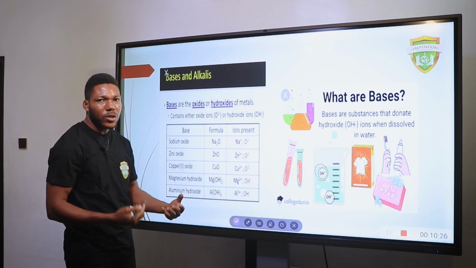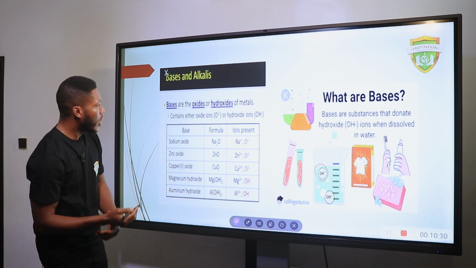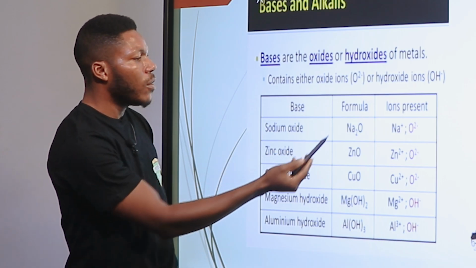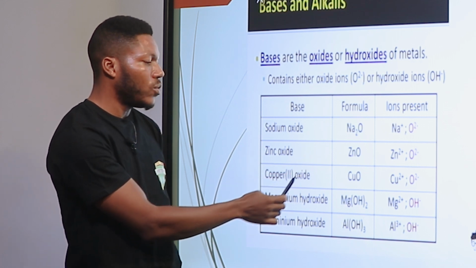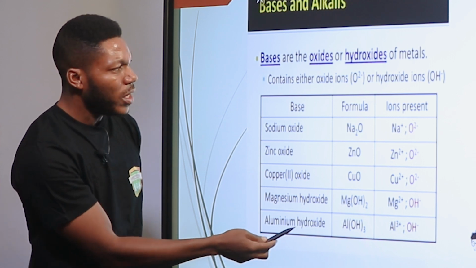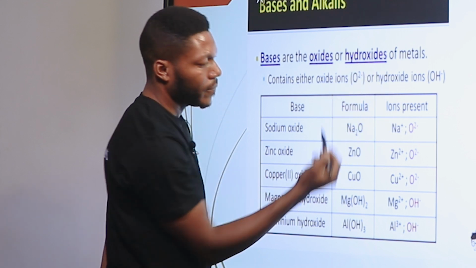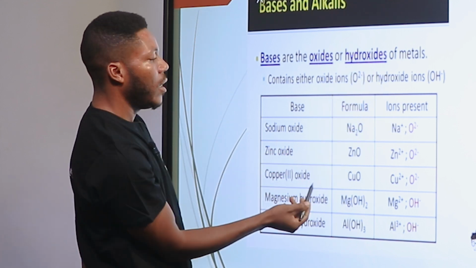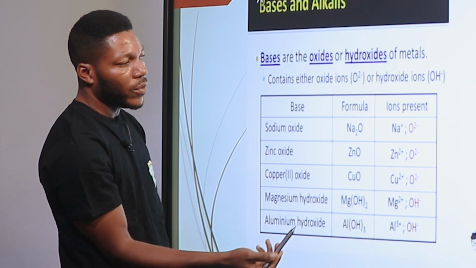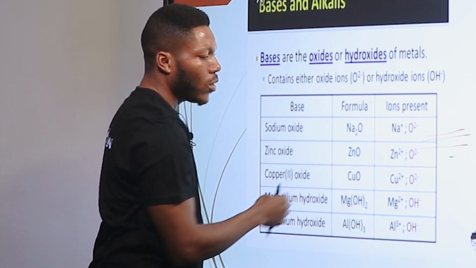All right, that is why they are always combined to neutralize an acid to form what? Water at the end of the product. So these are examples of some bases that we have. For example, sodium oxide, zinc oxide, copper 2 oxide, magnesium hydroxide, aluminum hydroxide. If a base also contains what? Oxygen. That's why we call them basic oxides. Example, zinc oxide, copper oxide, and so on. We have many other examples of bases. And don't forget that not all